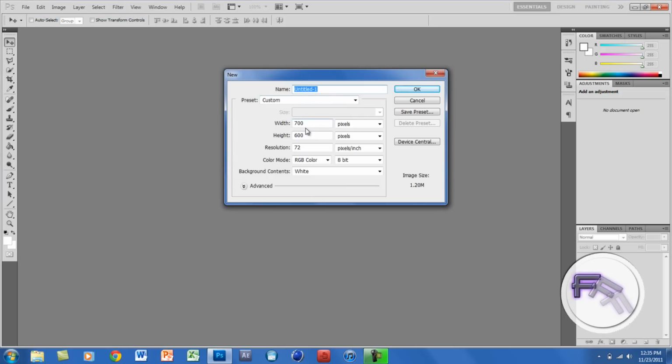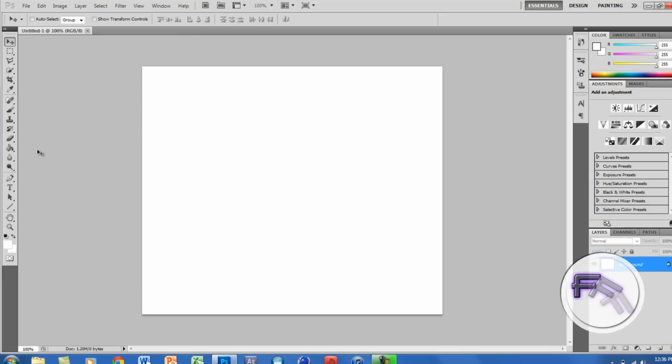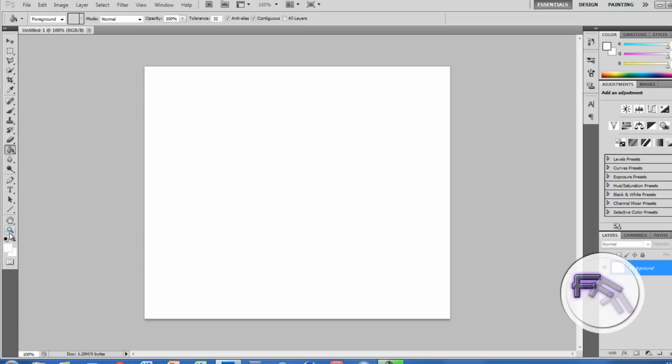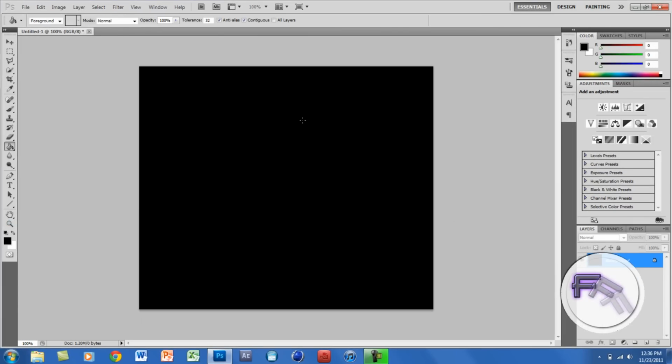it whatever you want, and I'm going to make the size 700 by 600 pixels, and you want to click OK. So you want to make the background black, so you want to go to the Paint Bucket tool, and on the colors you want to just go to black and click OK,